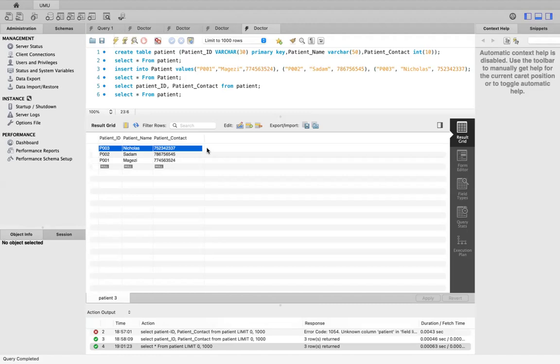Then we would just issue a statement. Let us test it using the primary key or the patient ID. We can say select